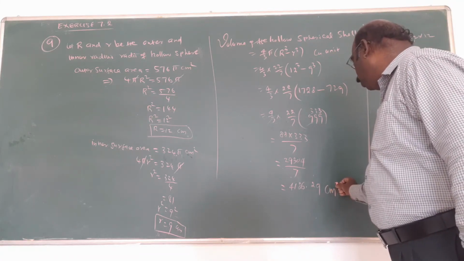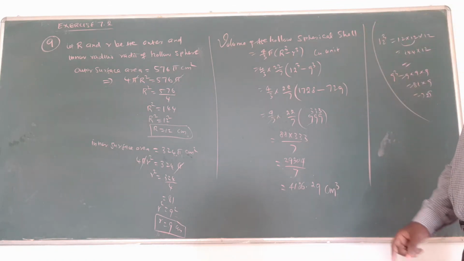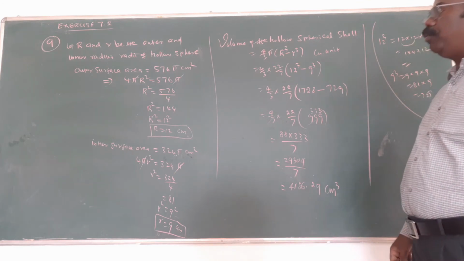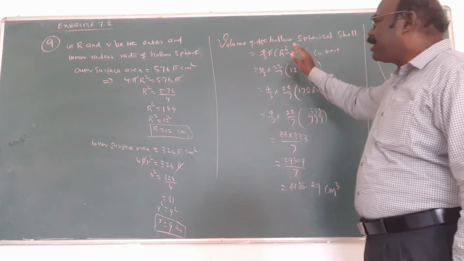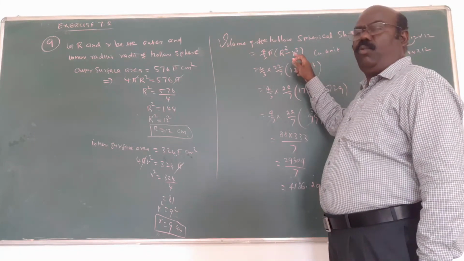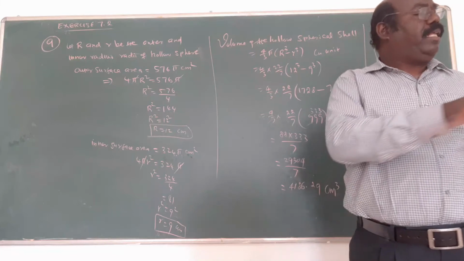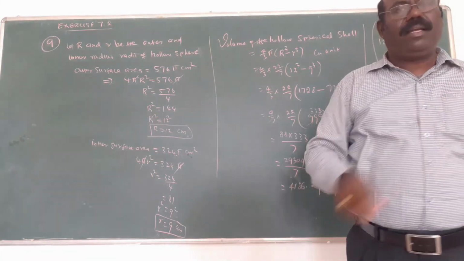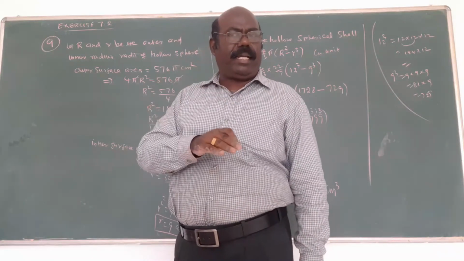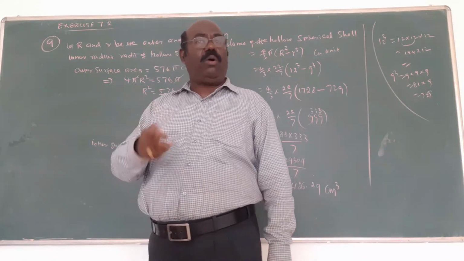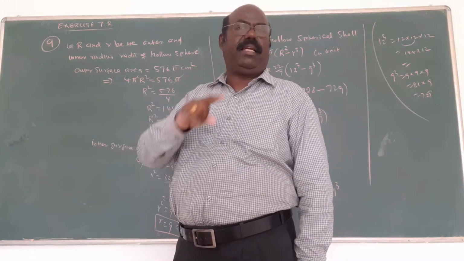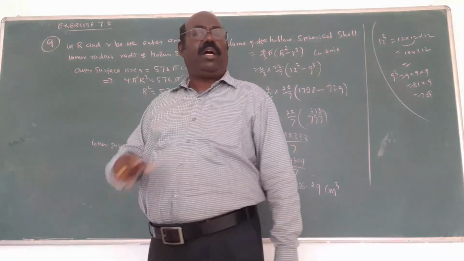The unit is centimeter cube. Area means centimeter square, volume means centimeter cube. Anyway, volume is being asked. Why are you using the hollow sphere formula? The word hollow is not in the question. Inner radius, outer radius, inner diameter, outer diameter, hollow: these are the words involved, based on hollow cylinder and hollow sphere. But here a spherical shell is there, that's why hollow sphere.